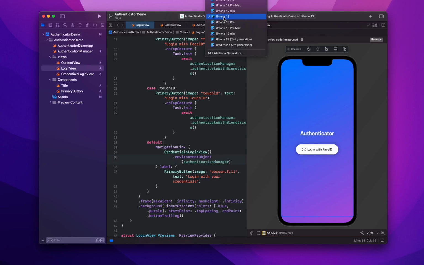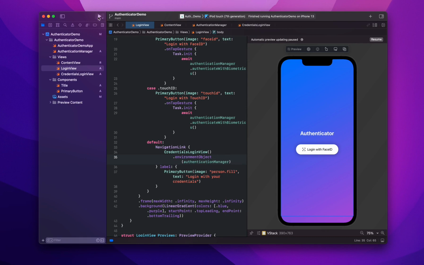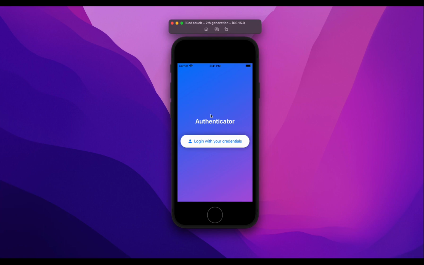Now let's change our simulator to an iPod Touch and build our application in the simulator. And we'll need to test out the code for login with credentials. But first you can see that the text on our button is blue when it should be black. And when we click on that,